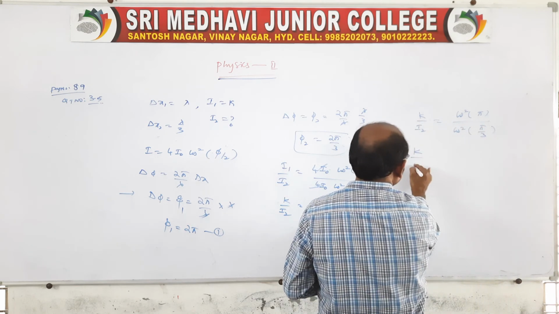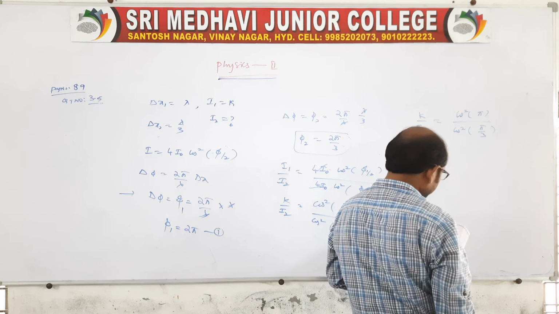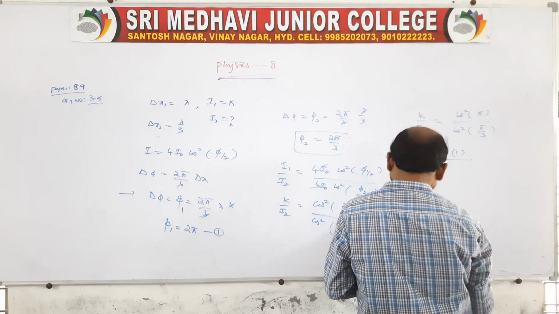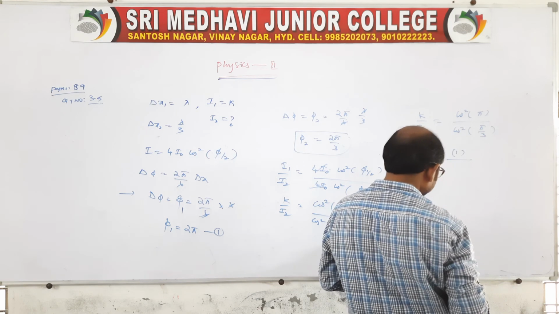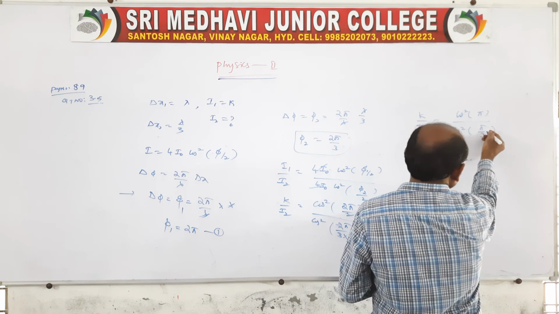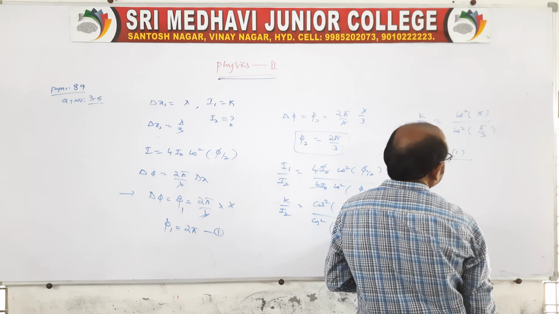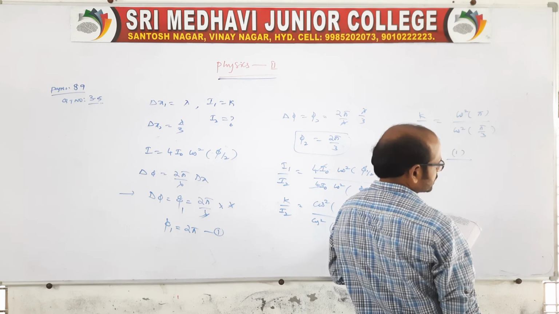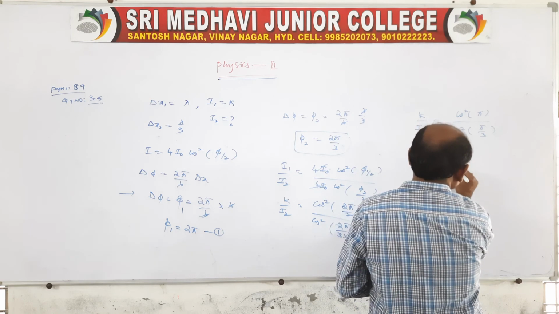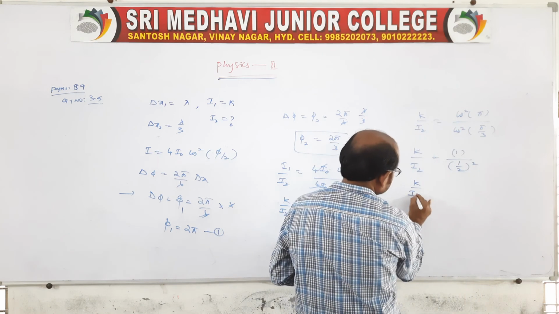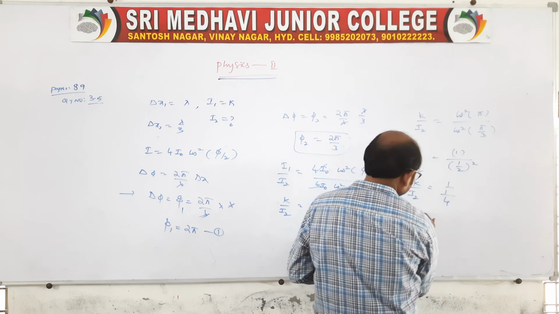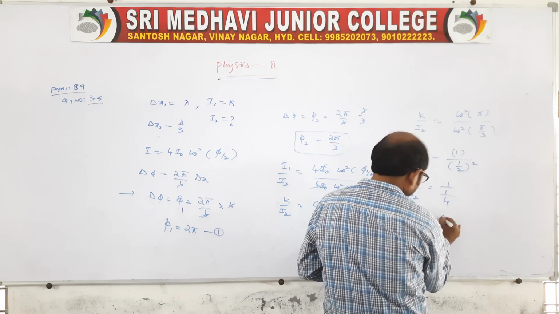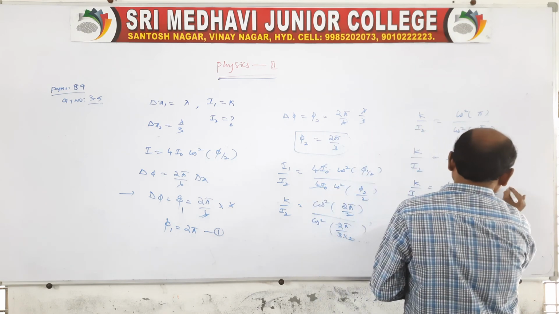Here you write the values, both the values. Cos square pi is nothing but it is 1, right? Here cos square pi by 3, that is actually we will get the 1 by 4, because pi by 3 is nothing but 180 by 3. 180 by 3 is nothing but approximately 60 we will get, no? Therefore we will get 1 by 2 whole square. So k by I2 is equal to 1 by 1 by 4. So k is equal to 4 will come up, no? So I2 is equal to k by 4.